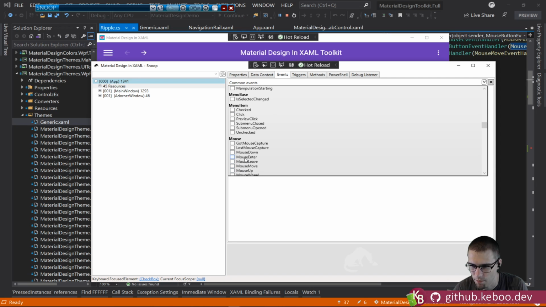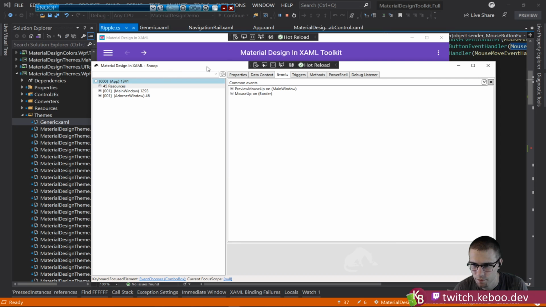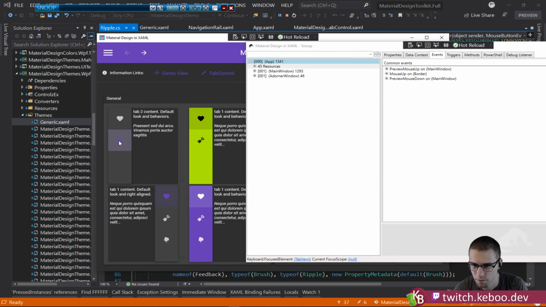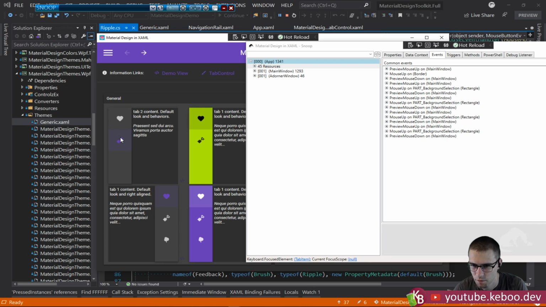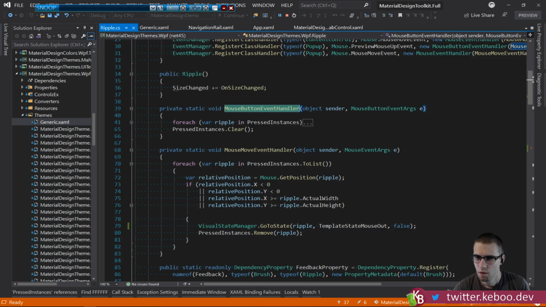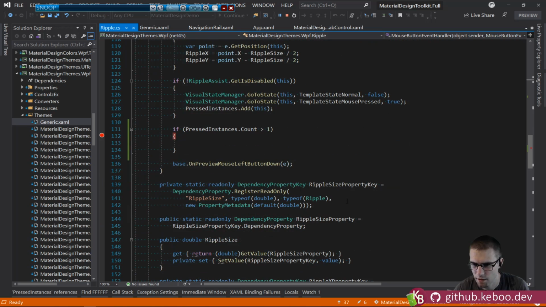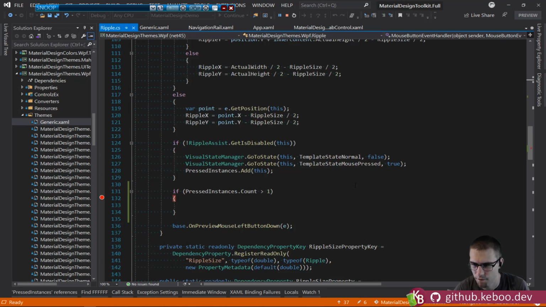So if I don't care about down and I only care about up and preview mouse up, okay. Feels like it has to, so it's not hitting my breakpoint, and it feels like it has to be triggering